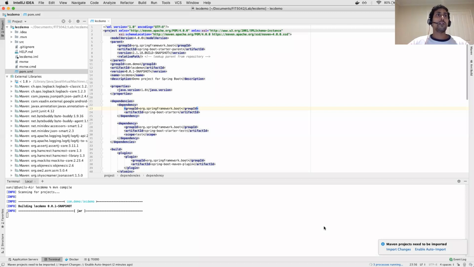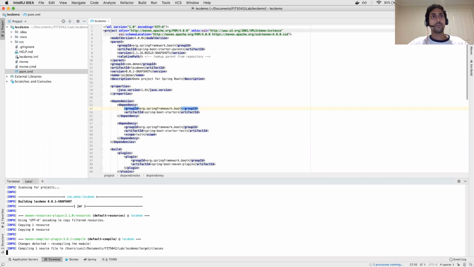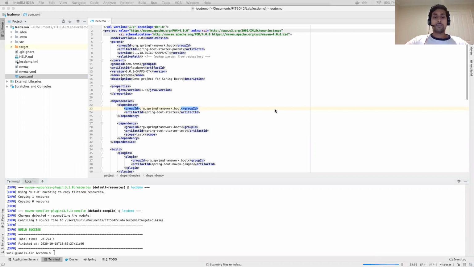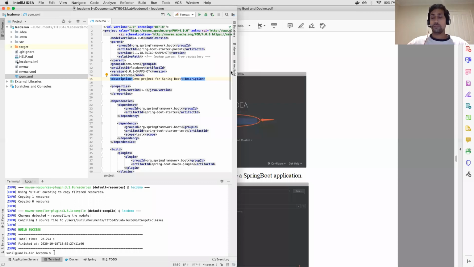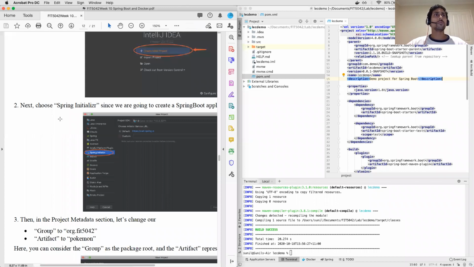So it will take a while and download, so that's fine. You can import changes, same thing. That's good. So once that is done, what you can do is,